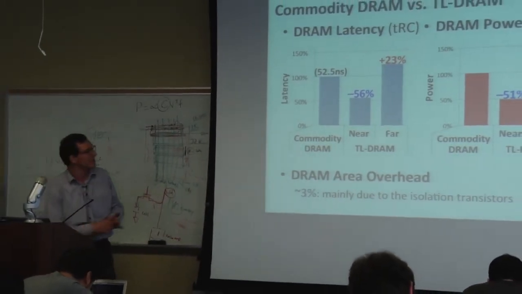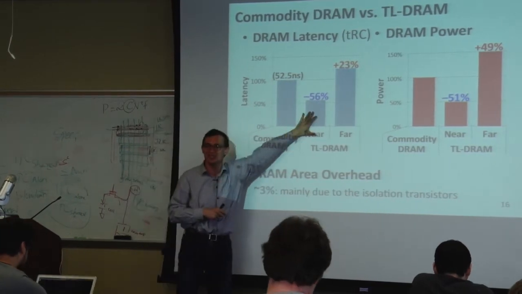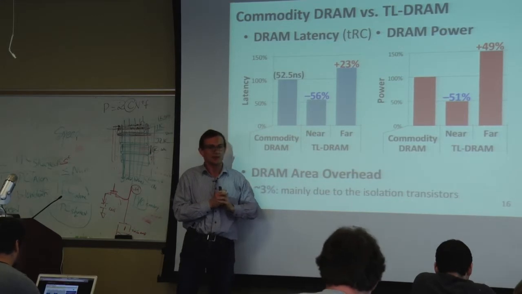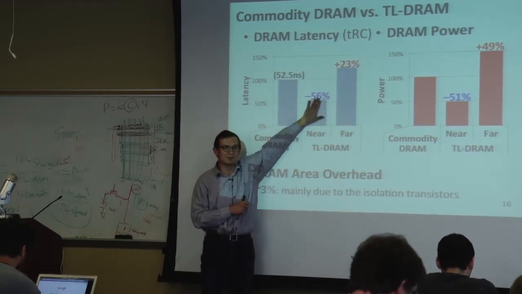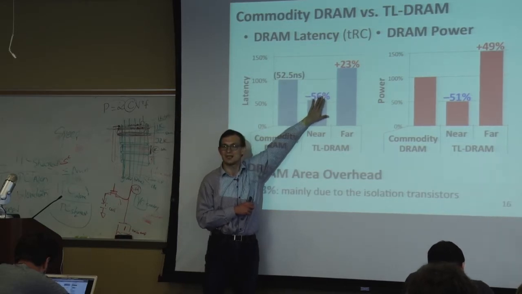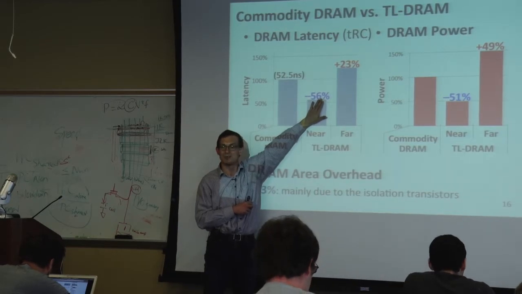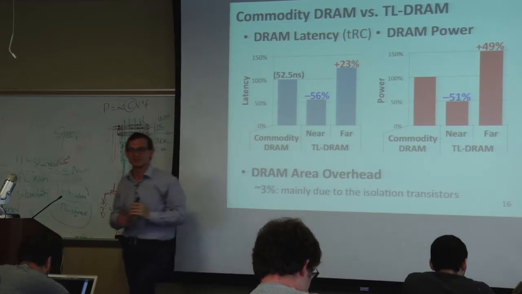Isolation transistors. And the power is very similar, which means that now you've got to be intelligent in managing this heterogeneous subarray, right? You have this near segment, far segment. If you want to get the latency benefits, you'd better keep the data that you've accessed frequently in this near segment. And how can you do that? Well, one idea is caching, right? If you use this as a very well-managed cache, if you have good locality, that's great. Keep most of your data in this cache over here. Make sense?